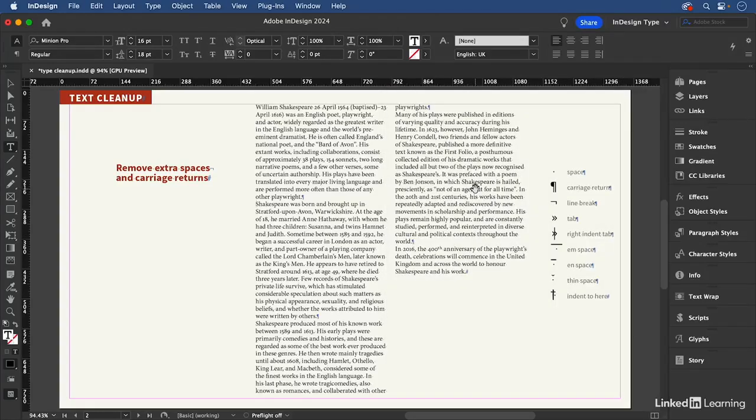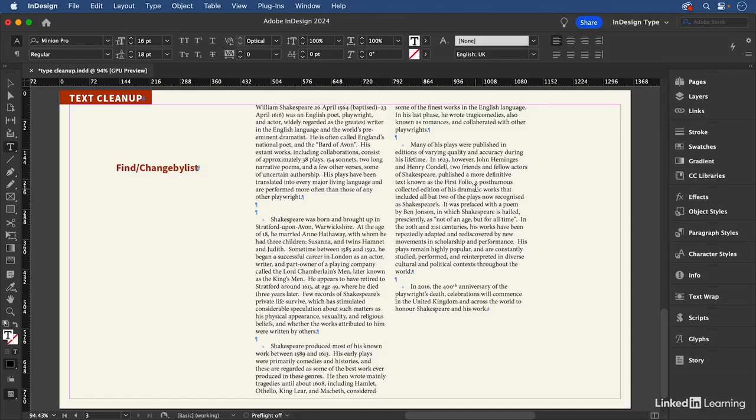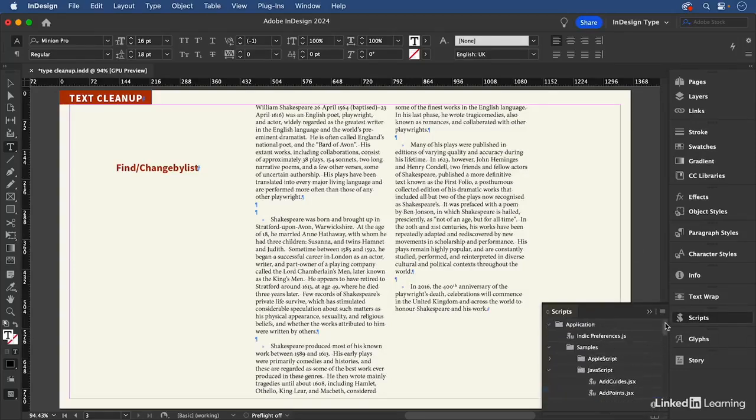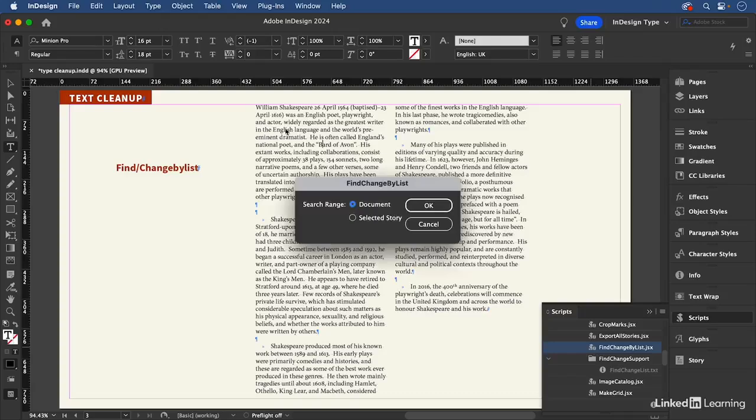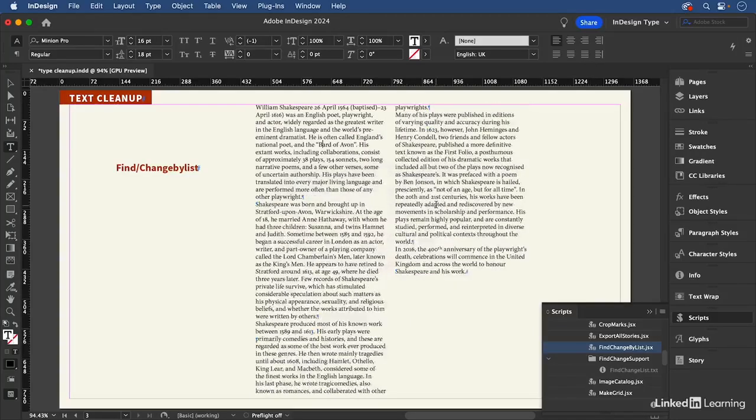I'll move now to the next page, Option or Alt and the Page Down key. And we have the same text again, but this time I'm going to make those changes in one go using a script. On the Scripts panel, and this is in the samples folder, in the JavaScript folder, we have a script called Find/Change by List. I'll double click on that, having inserted my cursor in the story, and specify the search range, in this case, the story, click OK,